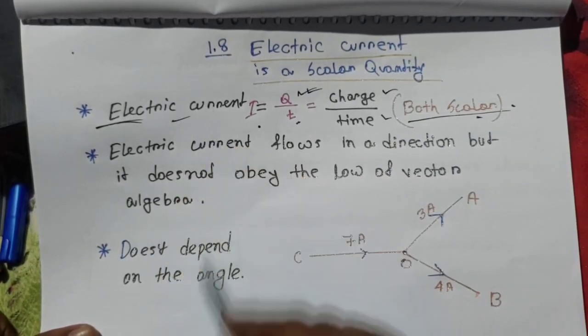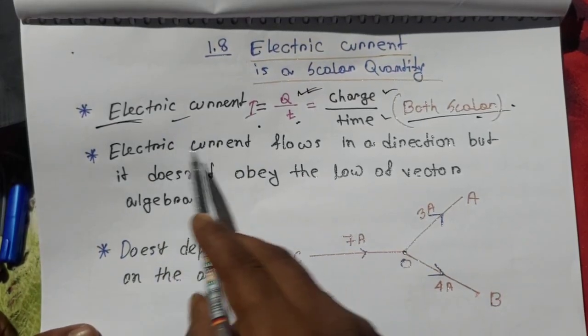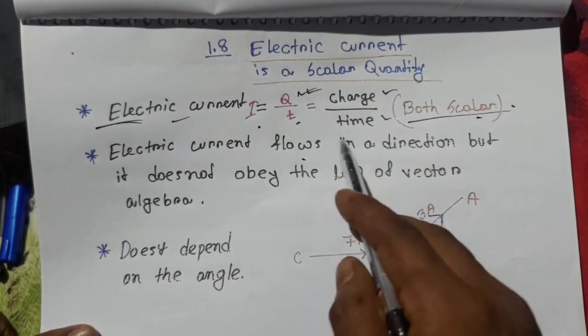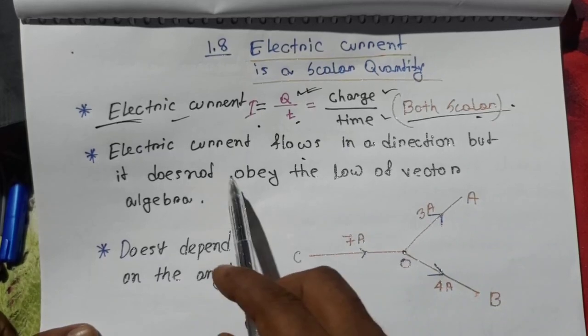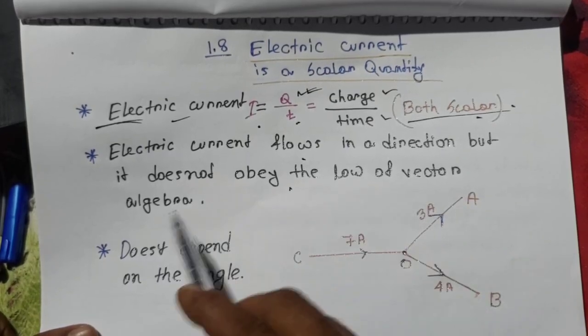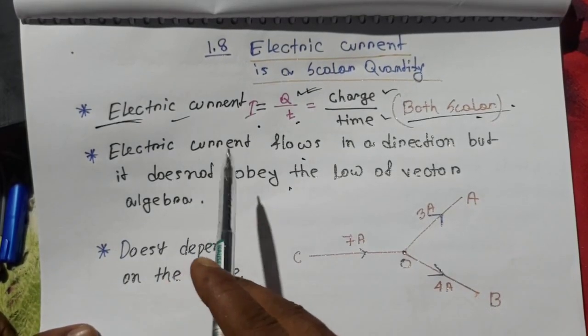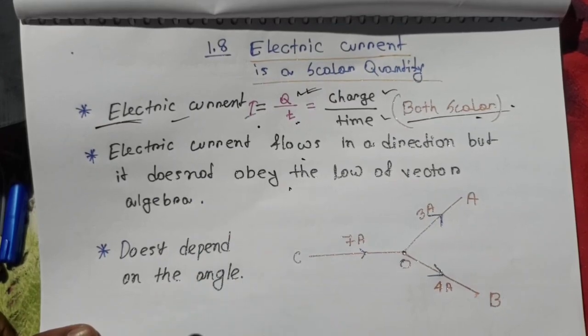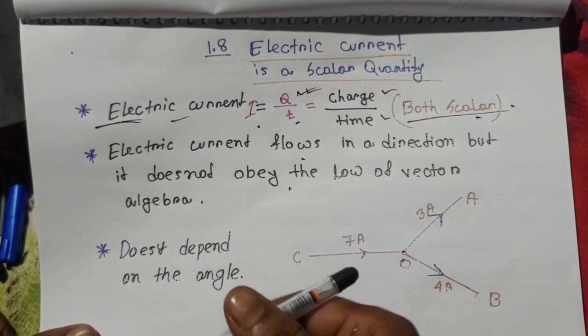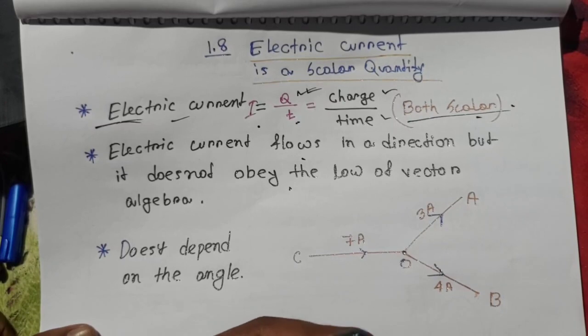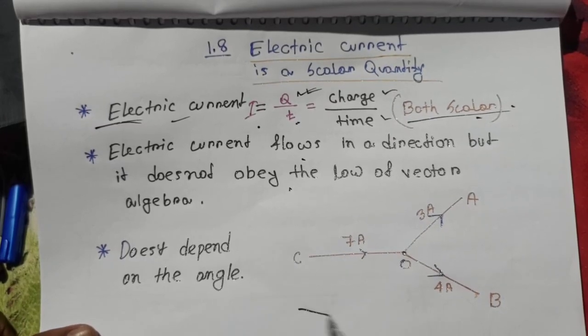So electric current is a scalar. Electric current flows in a direction, but it does not obey the law of vector algebra. Okay, electric current flows in a direction, but it does not obey vector algebra. Here in this figure we can see